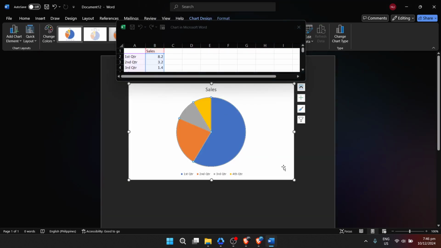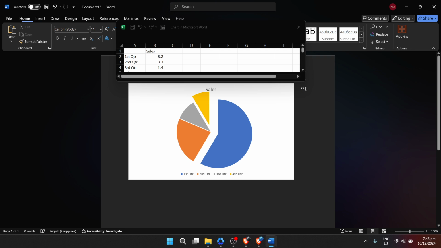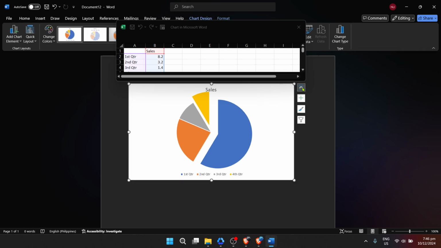This Excel window allows you to input or paste your specific data. The chart in your Word document will update in real time as you alter the data in Excel. This synchronization between Word and Excel is a powerful feature, making it incredibly straightforward to customize your graph to precisely represent your data. After you've entered your data and are satisfied with how your chart looks, you can close the